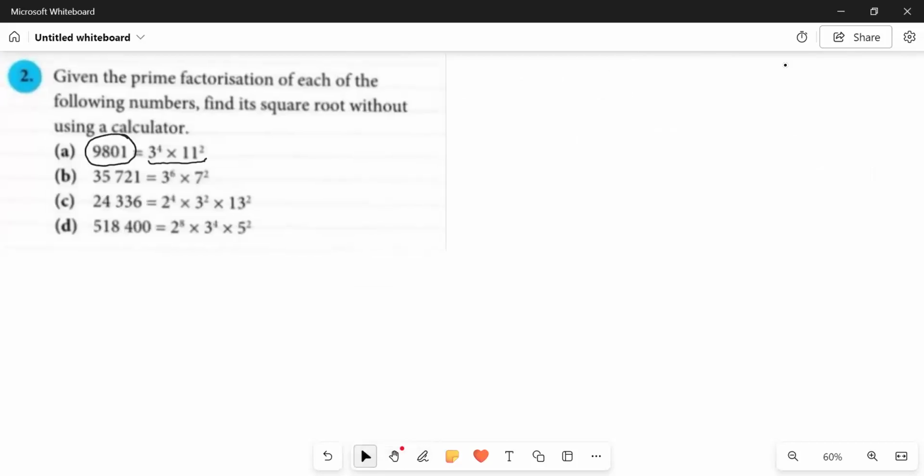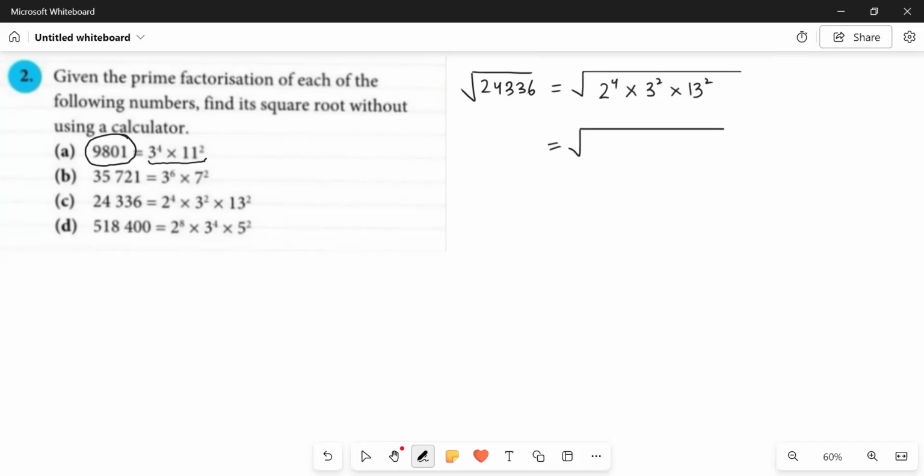नेक्स्ट we have 24,336. I don't know, but most of the students find question number 1 easier than question number 2. Although question number 2 is more simple than question number 1 because you don't have to perform prime factorization in this very question. ठीक है, यहाँ पर prime factorization has already been done for you, but still sometimes students get confused in this question. मैंने आपको जो यहाँ पर method बताया है, if you follow the method, you won't be getting confused the next time.